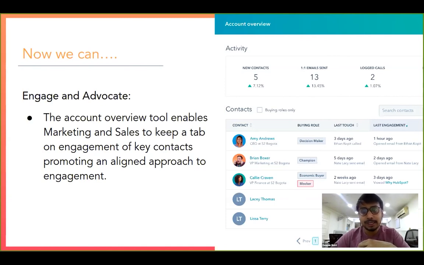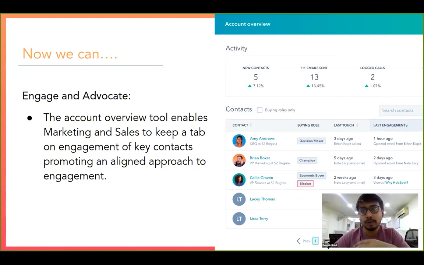So that's there, but this is essentially very helpful for the sales team. For marketers also, this can help in the sense that, as I mentioned earlier, there used to be a lot of misalignment with respect to who we are engaging and who the salespeople were engaging, because these are like two different companies and two different departments. Even within the same company but different departments, this misalignment happens.